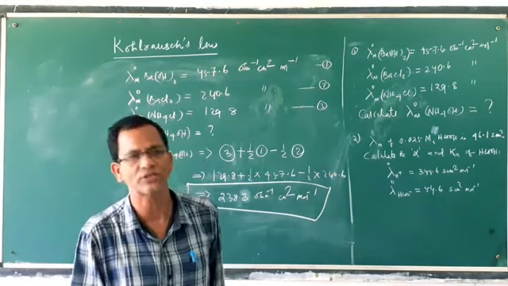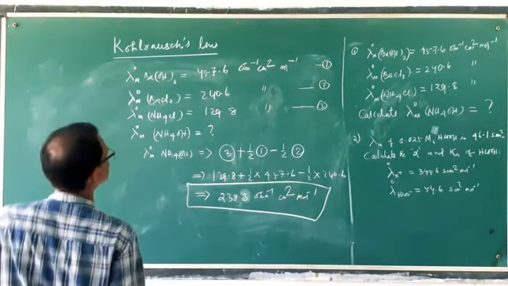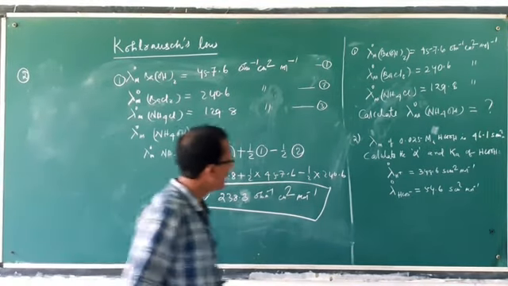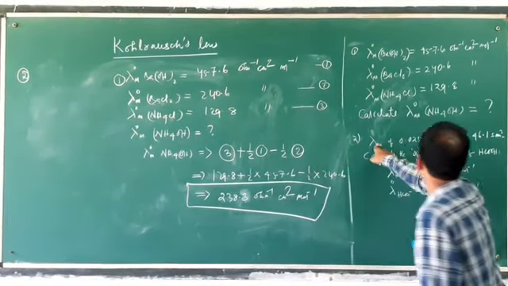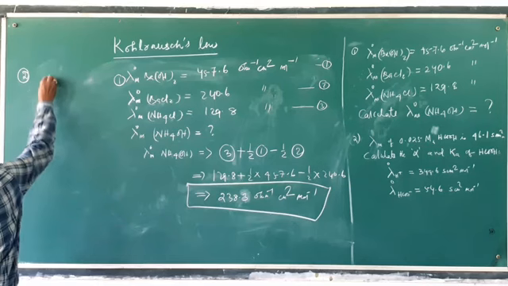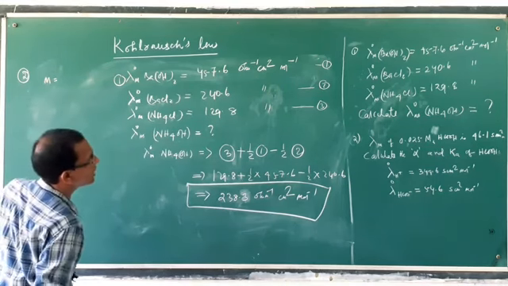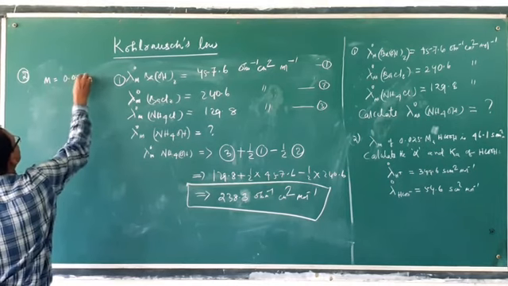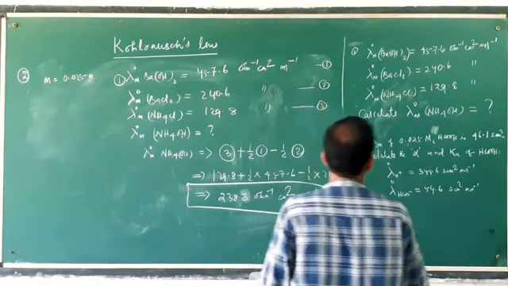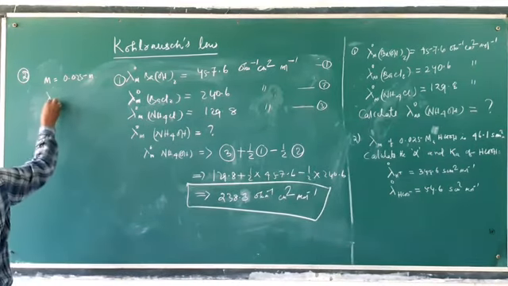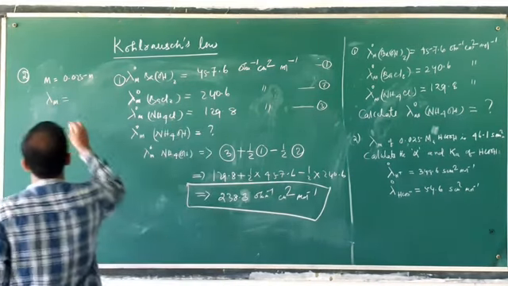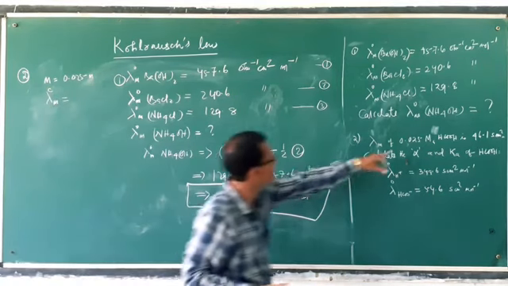These are the applications of Kohlrausch's law. This is question number 1. So what is question number 2? As per question number 2, lambda m is given at a certain concentration. Molarity given is 0.025 M, and lambda m is given. This is lambda m, not lambda m naught. You can write lambda m c because a particular concentration value is given.